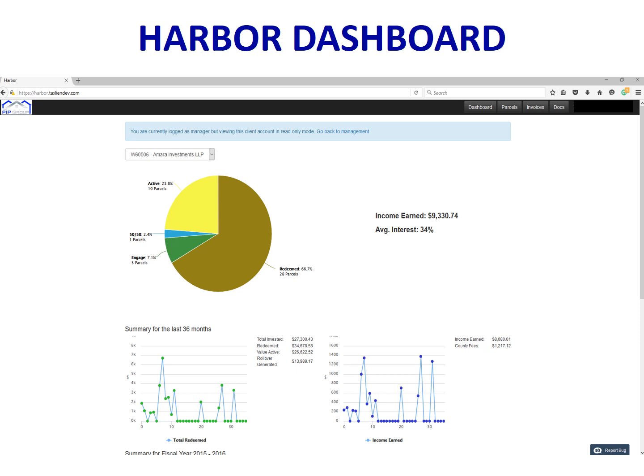Okay, so now to the fun stuff, the Harbor Dashboard. The Harbor Dashboard is our ongoing creation of a new database that will be user-friendly for our clients and cover every possible question or concern you could have. What you're looking at here is the home page, if you will, of the Harbor database. And you can do a lot of different things in here. You can click on these pies and it'll open up what liens have redeemed.